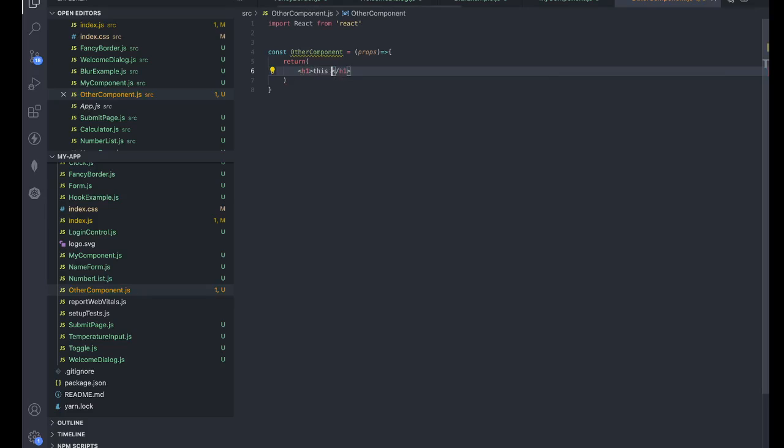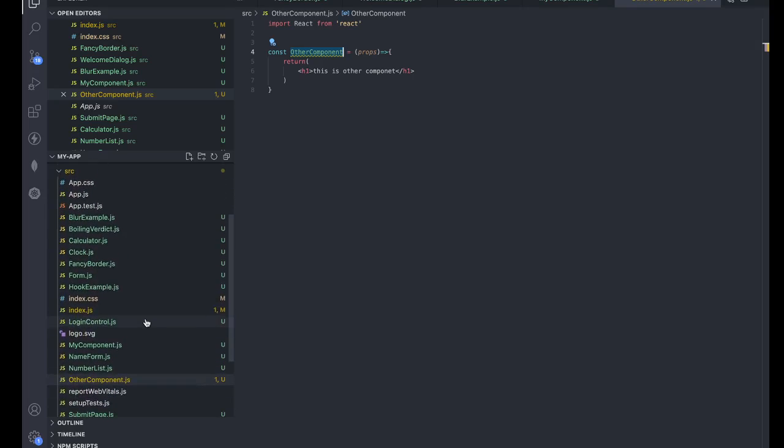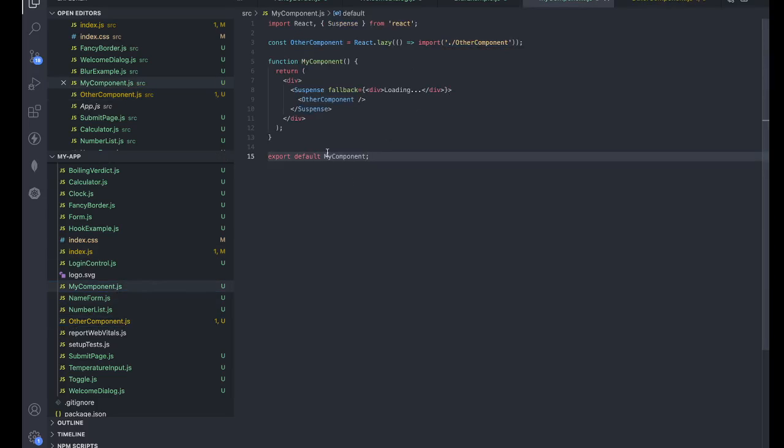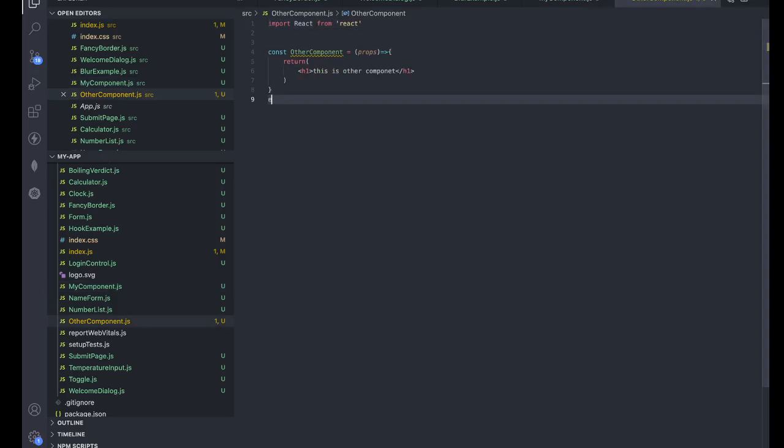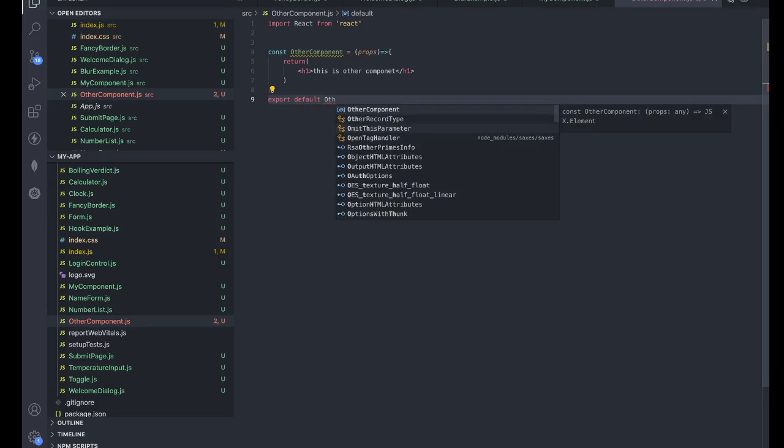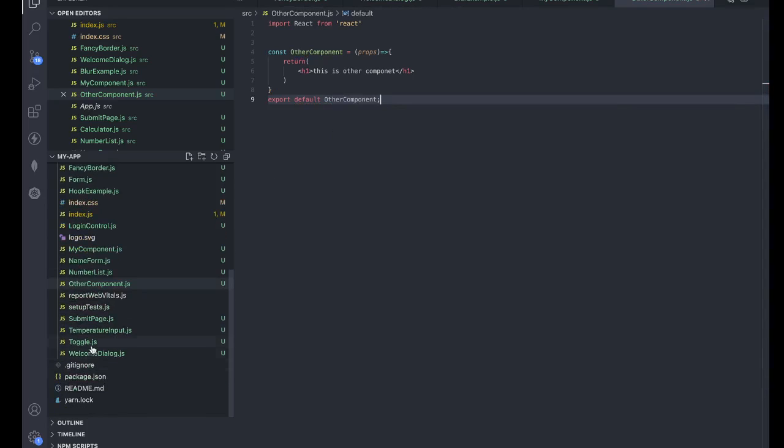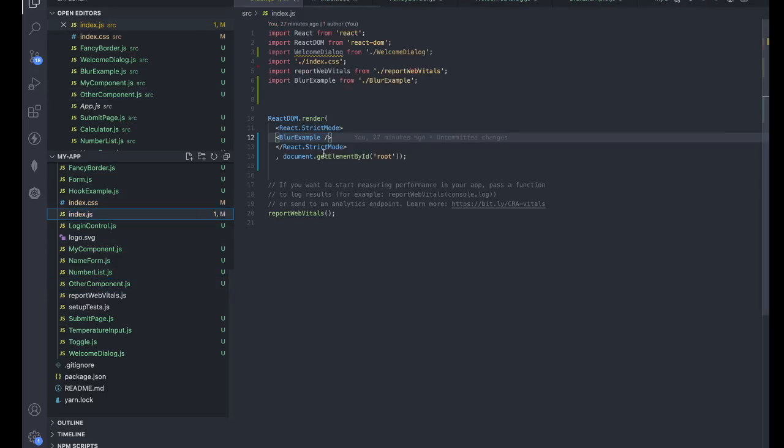Let's do a heading saying this is other component, and where is the component we created, my component. So we have this my component, so we can export it, and in the root we can just say